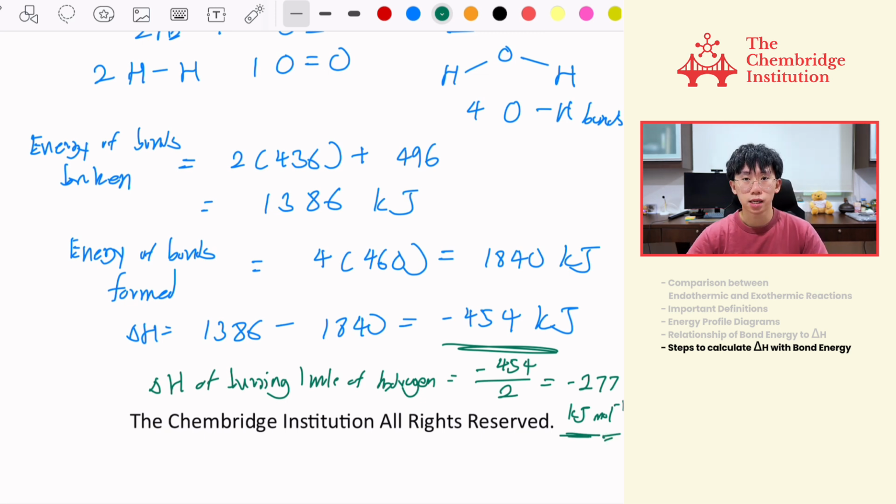And this is how you do a calculation of your enthalpy change according to the question based on the bond